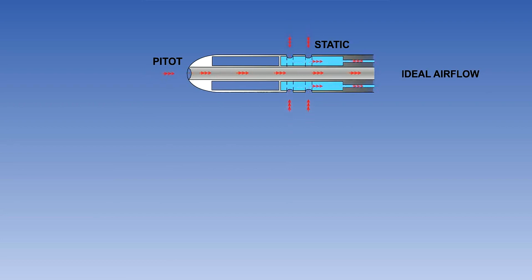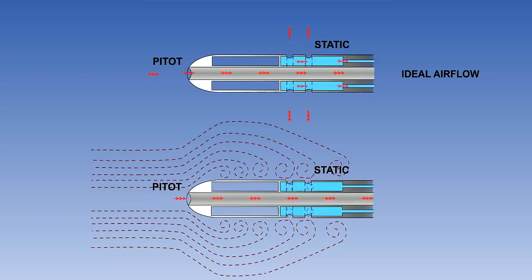Ideally, the airflow around the pressure head should resemble the airflow shown here in diagrammatic form. However, if the aircraft is moving, a suction effect will be created, which will cause the static pressure sensed to be lower than the ambient pressure. As the speed increases, the airflow in the region of the pitot-static heads becomes turbulent, and this underreading becomes greater. How great the error may be depends on the location of the pressure head and the speed of the aircraft.